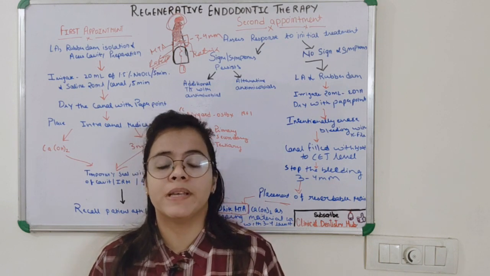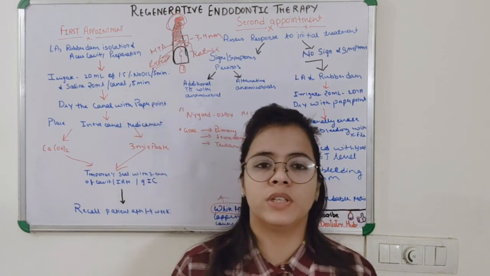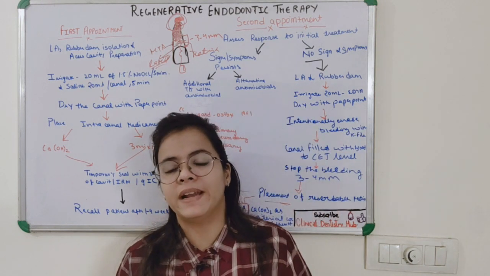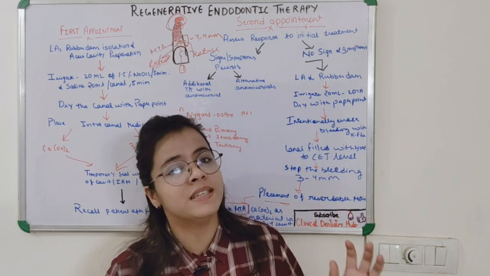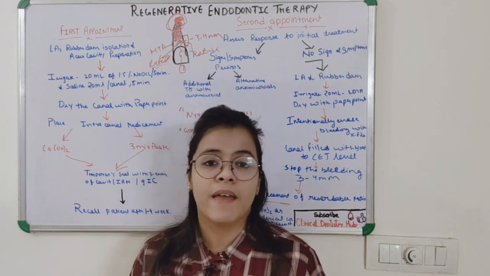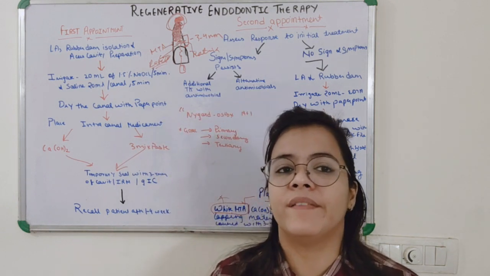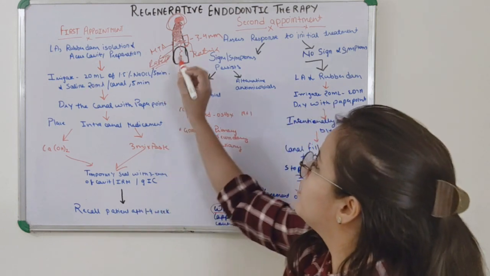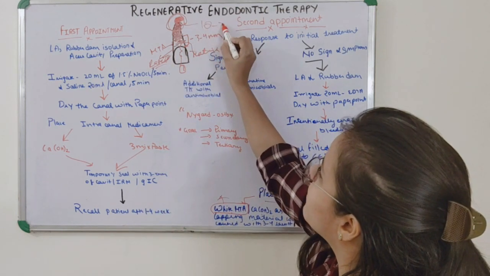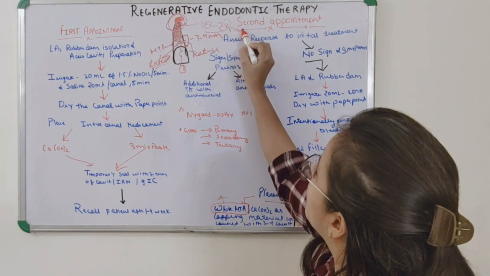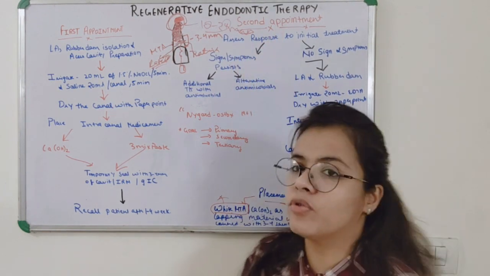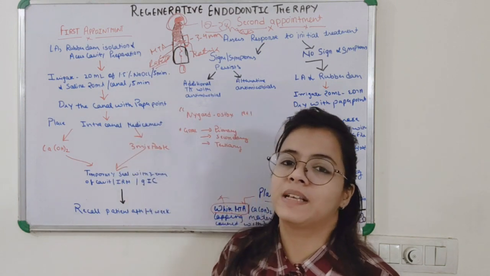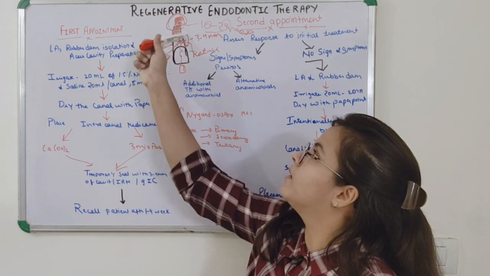When you take a radiograph to see the reduction of a periapical radiolucency, one thing to be kept in mind is that the radiographic evidence of any such radiolucency, in the case of bone resorption, is evident only after 6 months on the radiograph. Some take the follow-up for about 18 to 24 months also. You have to keep on checking whether the apex has formed over here or not.